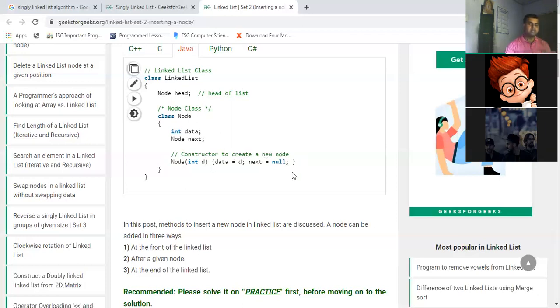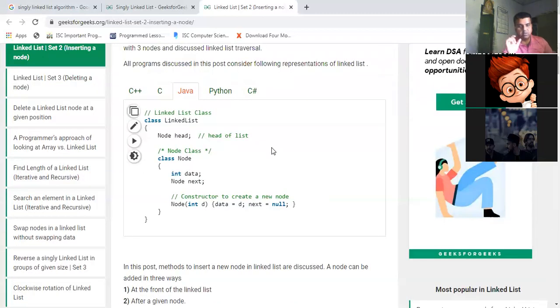In the first node, a parameterized constructor is created where data is equal to d and next is equal to null. Right now, at the very beginning, when I have created my first node, I don't know what my second node is.